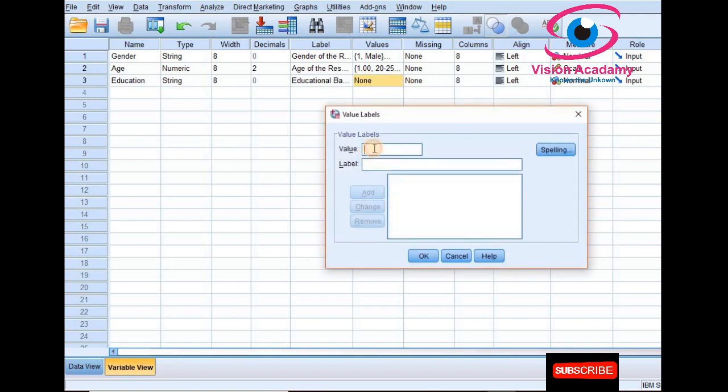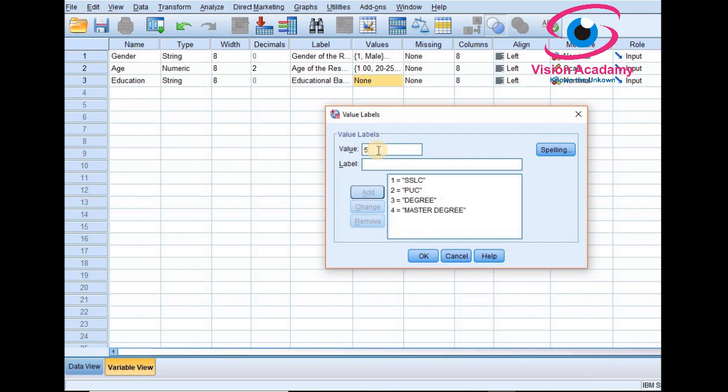The first education label I have given is SSLC. I will add it. Second one, PUC. I will add this too. Third one, degree, it means graduation, I will add it. Fourth one, master degree, so I will add this too.